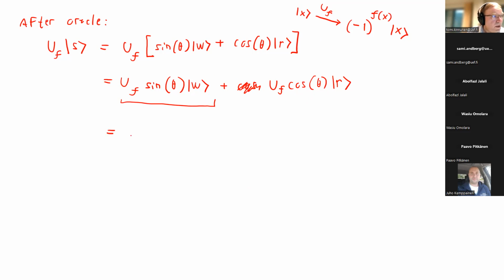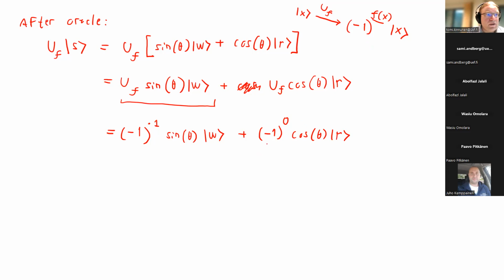So now we simply apply the phase Oracle. Here we have the minus sign to the power of this function value: (-1) to the power of 1 times sine theta W, plus (-1) to the power of 0 times cosine theta R. This second one is not the state we are interested in, so f is going to equal 0.